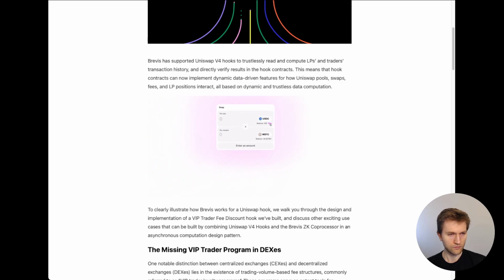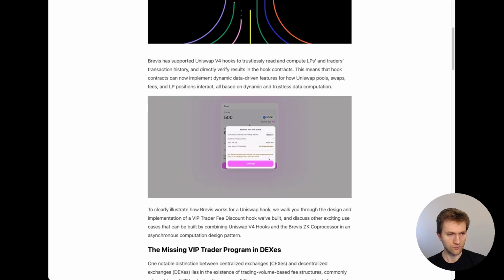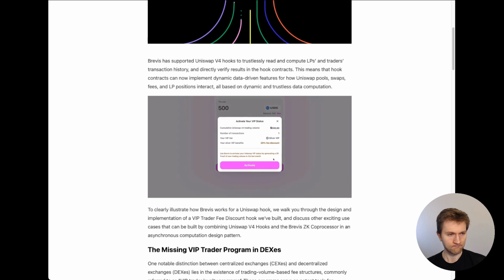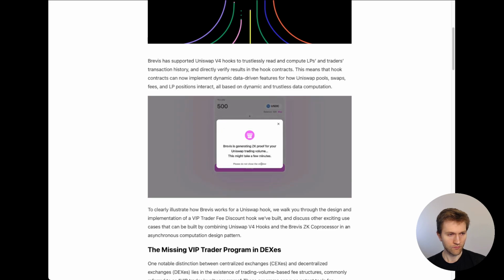Once the trade is confirmed on-chain, you can activate the Silver VIP status to get a 20% discount on trading fees. To activate the Silver VIP status, the VIP discount hook queries a zero-knowledge proof from Brevis. Brevis will compute your WBTC USDC trades for the past 30 days and generate a succinct zero-knowledge proof of your